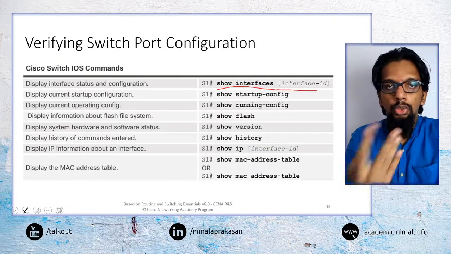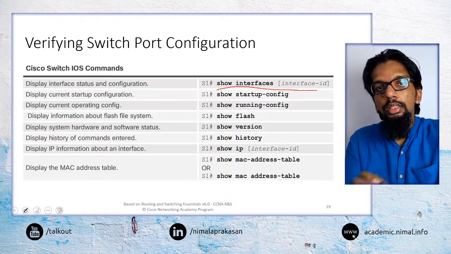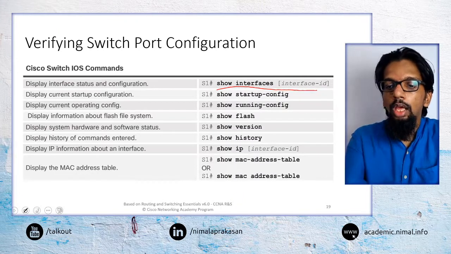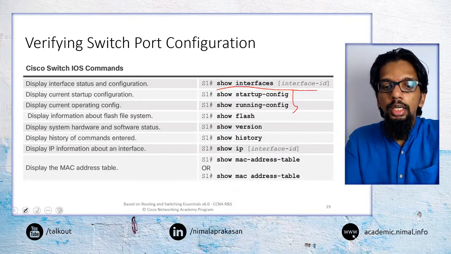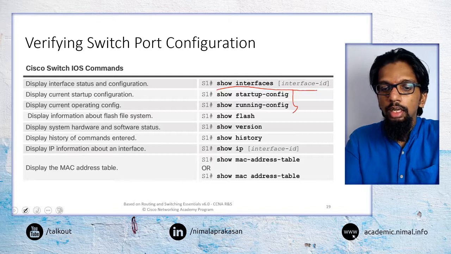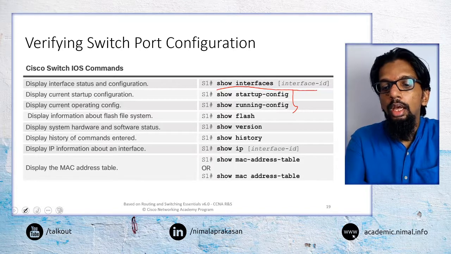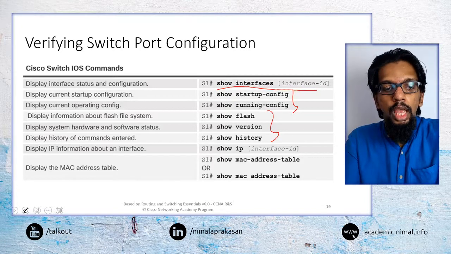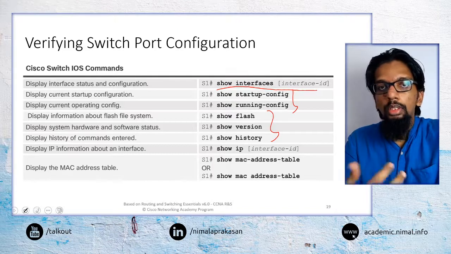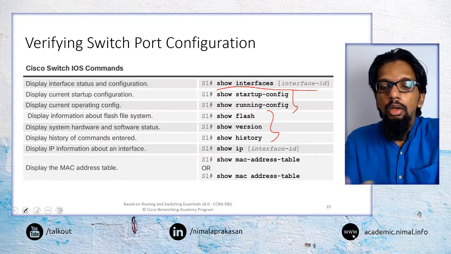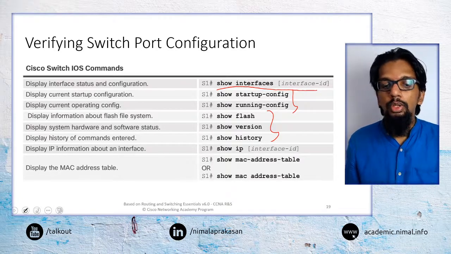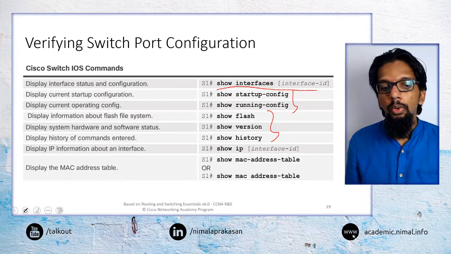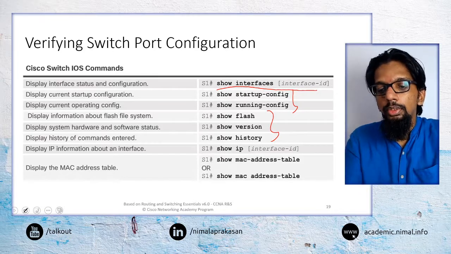Say the show interfaces command will give the details about a particular interface. We can check the saved or the running configuration to see what specific configurations have been configured, and if those are okay. We can use additional commands to know about the underlying storage file systems or the software versions, or the history of commands that were issued.